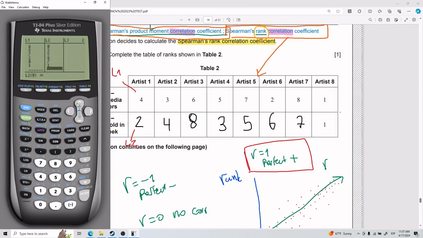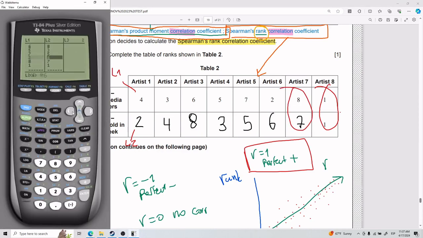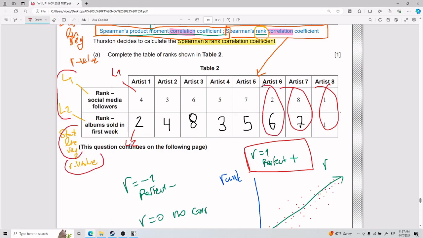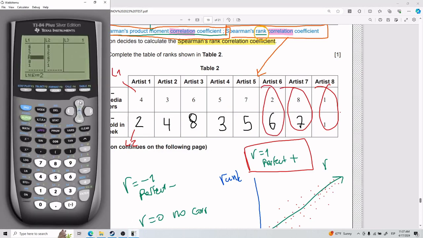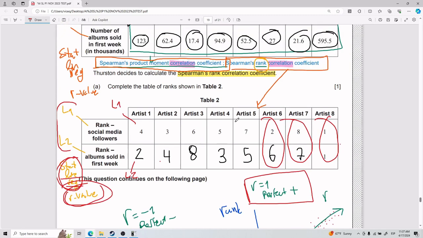And as you can see, for example, this one goes with this one. This 8 goes with that 7, which makes sense. This 2 goes with that 6, which makes sense. You want to make sure that from that angle, it all makes sense, okay? Once you do that, I told you go to stat line reg. I need you to associate stat line reg with the R value. Stat line reg is for an R value, in this case for the correlation coefficient.